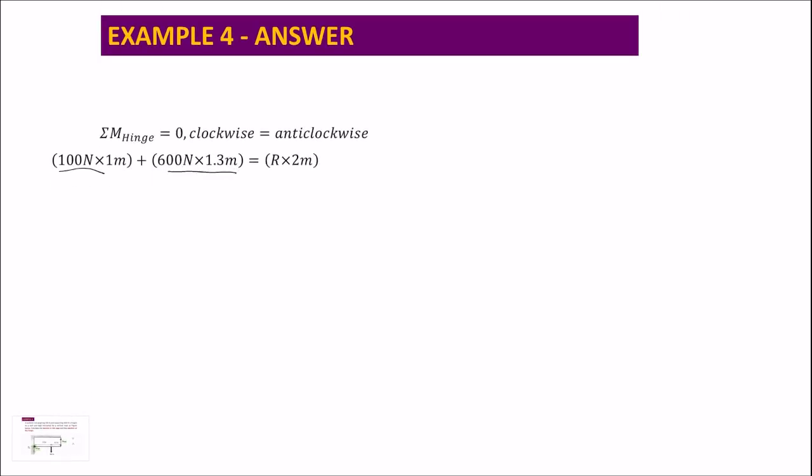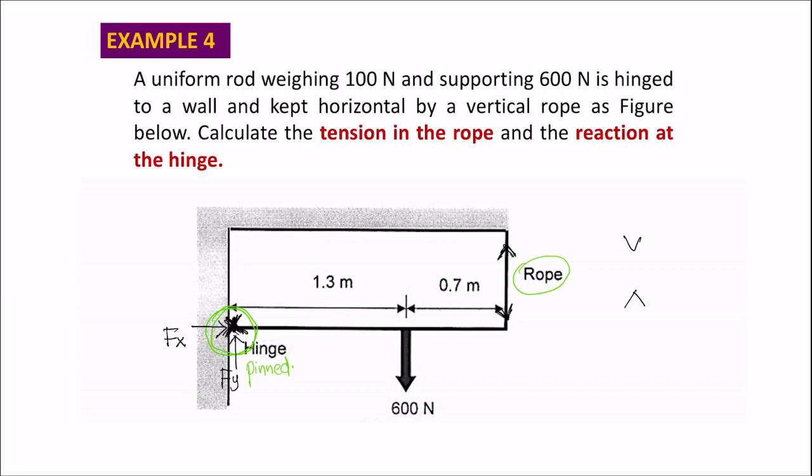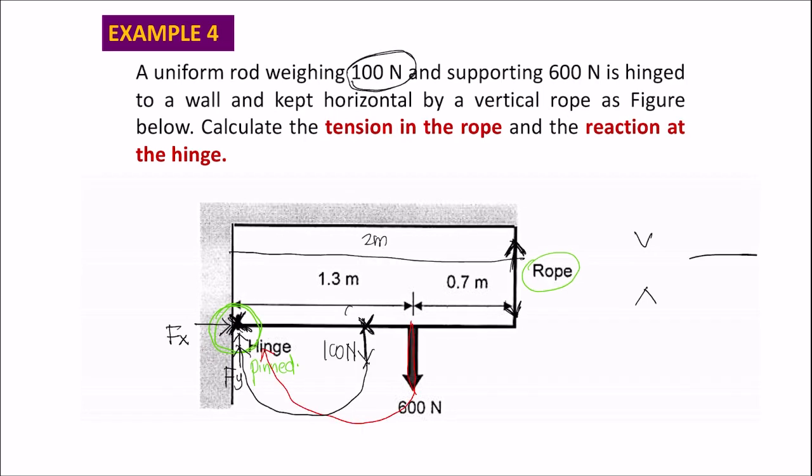Di sini. Okay, itu on the clockwise moment. And we have anti-clockwise, sebab kita nak solvekan the value of tension yang the rope tu having, sebab rope tu adalah in tension. So ada reaction dekat sini, dekat rope ni. Right? So rope ini dia akan pergi, sebab rope ni dia naik ke atas kan. Tension dia ke atas. Okay, jadi dia akan pergi counter clockwise. So counter clockwise, it is